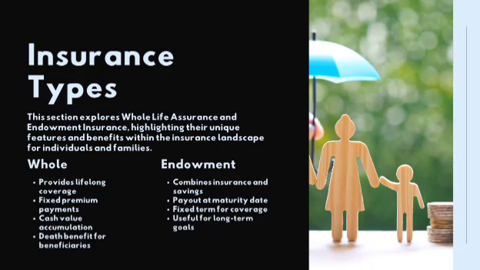Let's talk about endowment insurance. That's another part of life insurance. Endowment insurance is a life insurance contract designed to pay a lump sum of money after a specific period, on its maturity. When we talk about maturity, the policy runs for a specified term. For example, we have 10, 20 or 30 years.